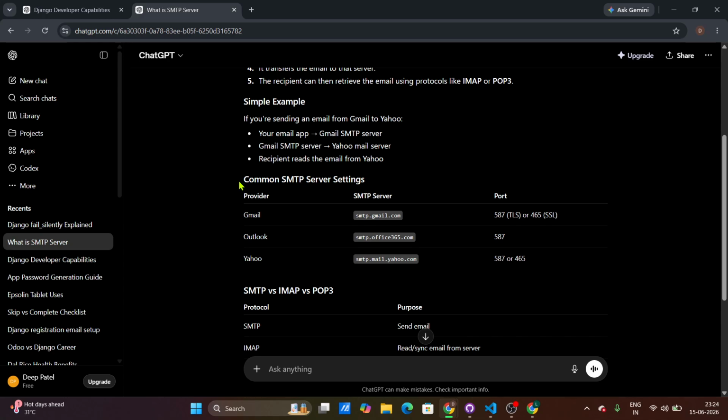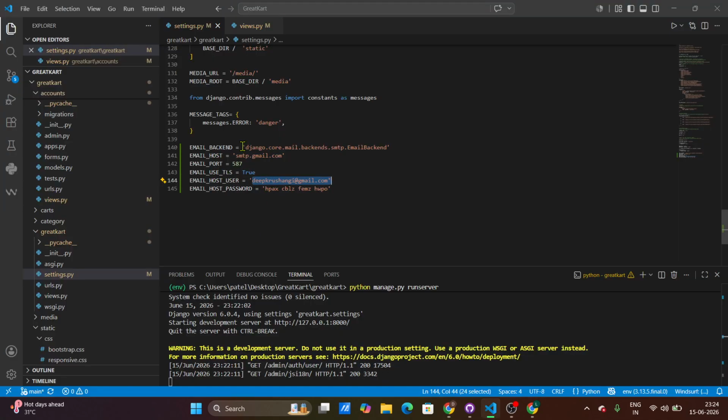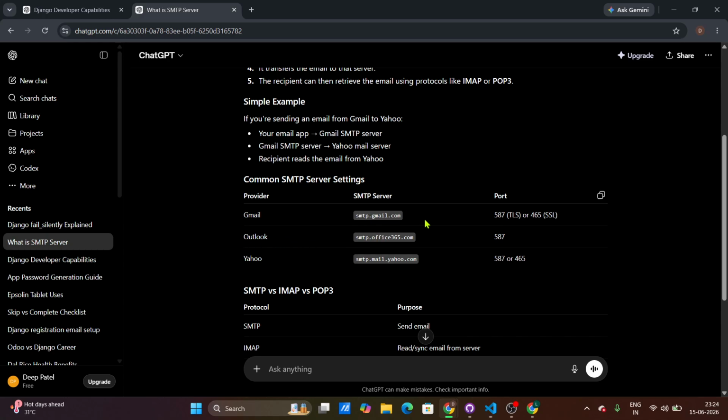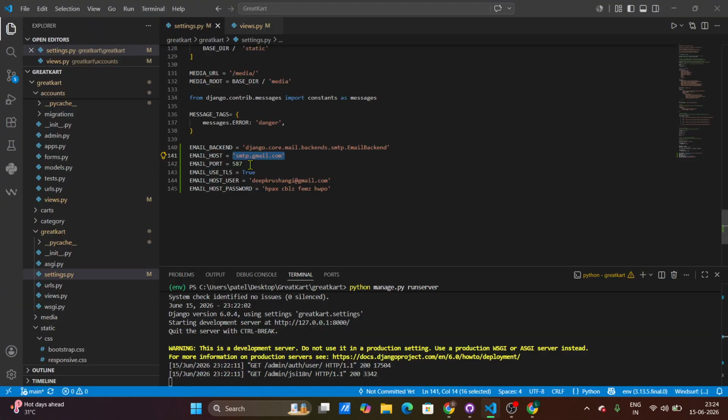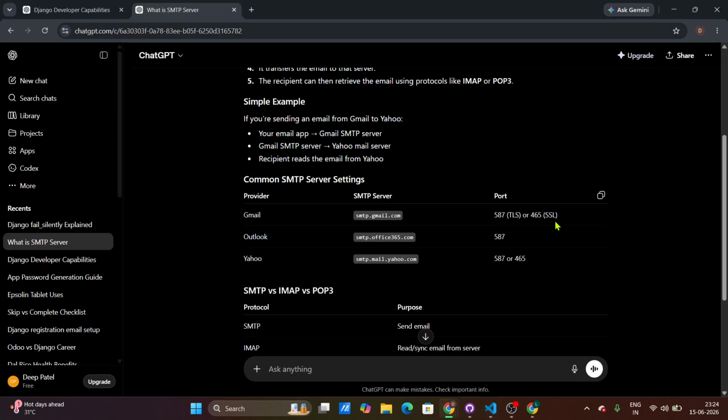So what is happening? Common SMTP server settings for Gmail. Just remember, if we are using Gmail, then use smtp.gmail.com in our email host. This is common for all Gmail. If you are using Outlook, then use this one, and if you are using Yahoo to send email, then use this one. And the port is also fixed, like for Gmail we are using 587 or 465,